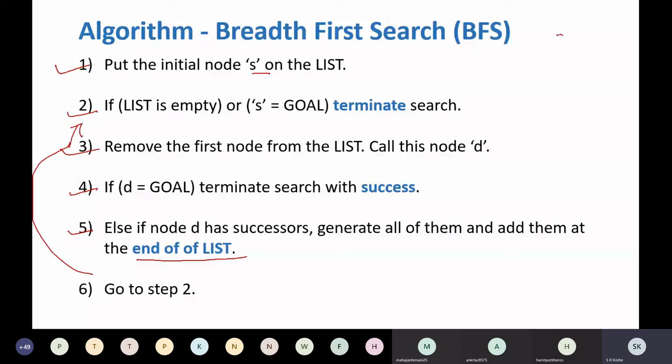For example, suppose S is the start node, A, B and C are its successors, then here we have F and here we have G. Suppose G is the goal. So how will BFS work here? This is a list.